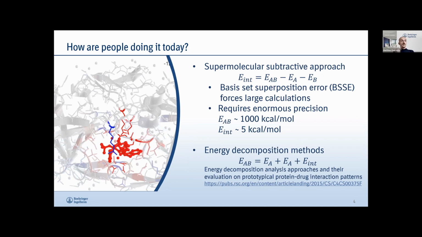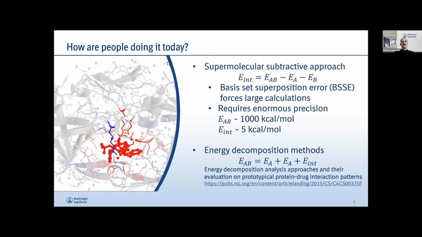So what is the current approach? Currently people are mostly brute forcing this. So you calculate the energy of the two molecules together, you subtract the separate energies of the monomers, and that gives you the interaction energy. So there are two problems with that. You have a lot more degrees of freedom when you bring the two